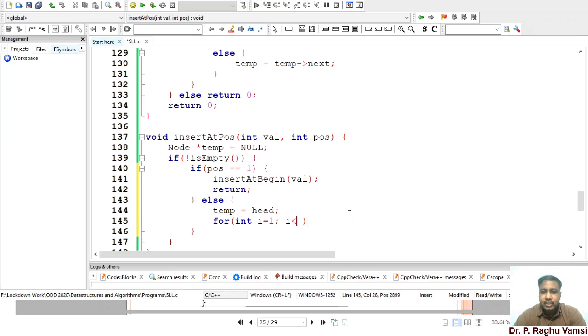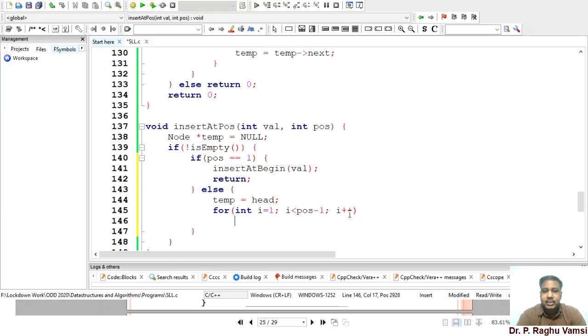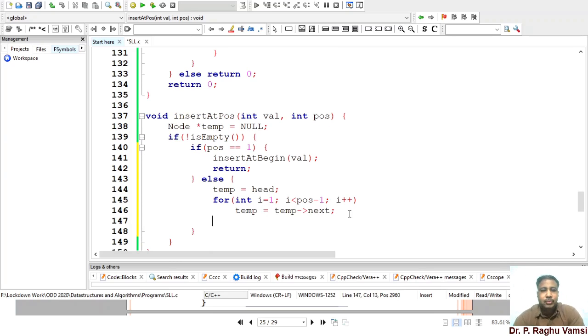So we have to move till position minus 1. Int i is equal to 1, i less than position minus 1, i plus plus. So we need to traverse it. Temp is equal to temp next. That means we moved up to the node at position minus 1.